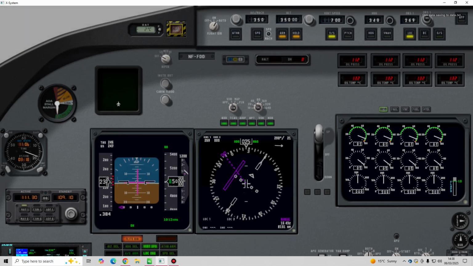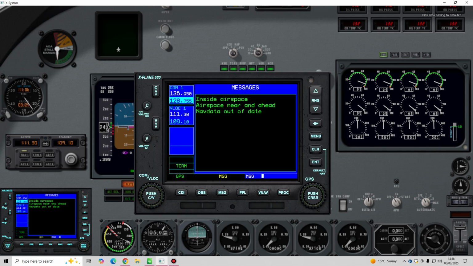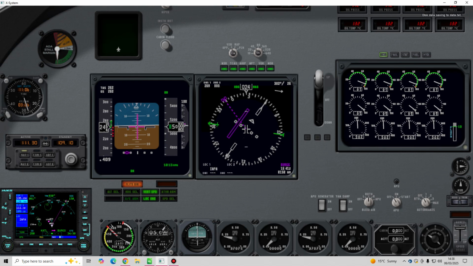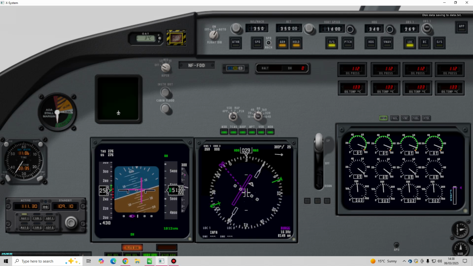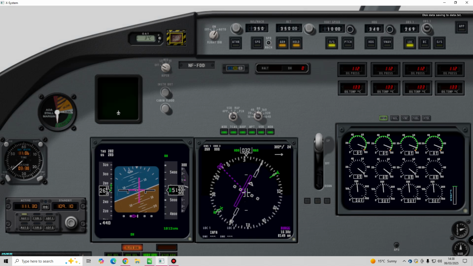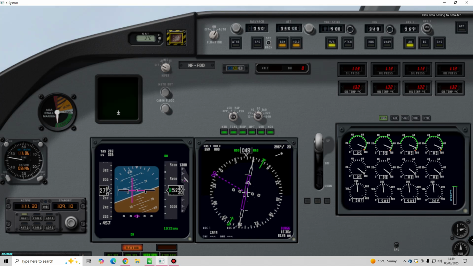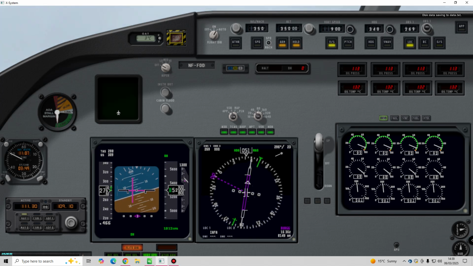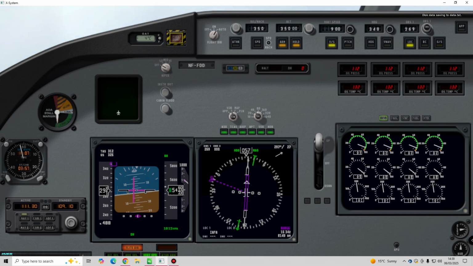Okay, we'll get the flaps in a moment. 250 knots. Flaps in. We'll accelerate to